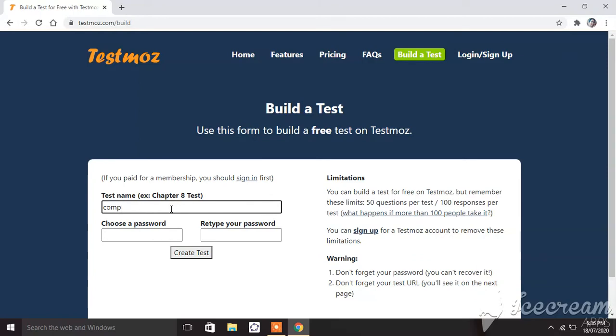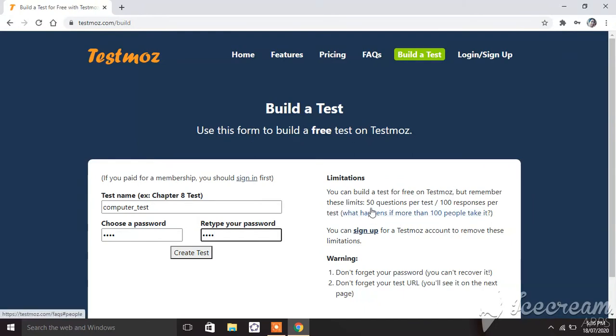So I will give the name computer test. Then you have to type a password here. So choose any password. I will give the password standard 4 here, std4.